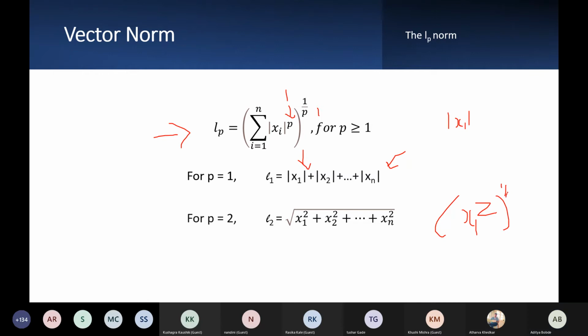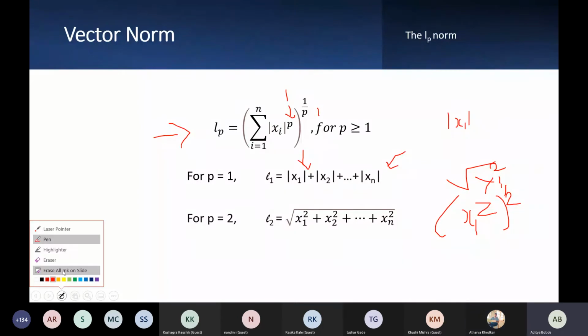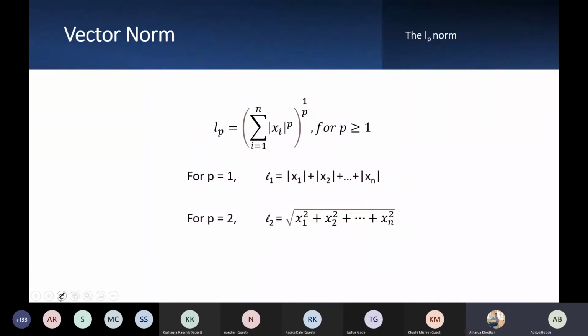Now this is the square root of x1 square plus x2 square and so on. Okay, so that's what we use. You are just substituting the values of 1, 2 and 3. If you substitute the value 3, you will get the cube root of x1 cube plus x2 cube plus up to xn cube. Okay, so these were for 1 and 2.